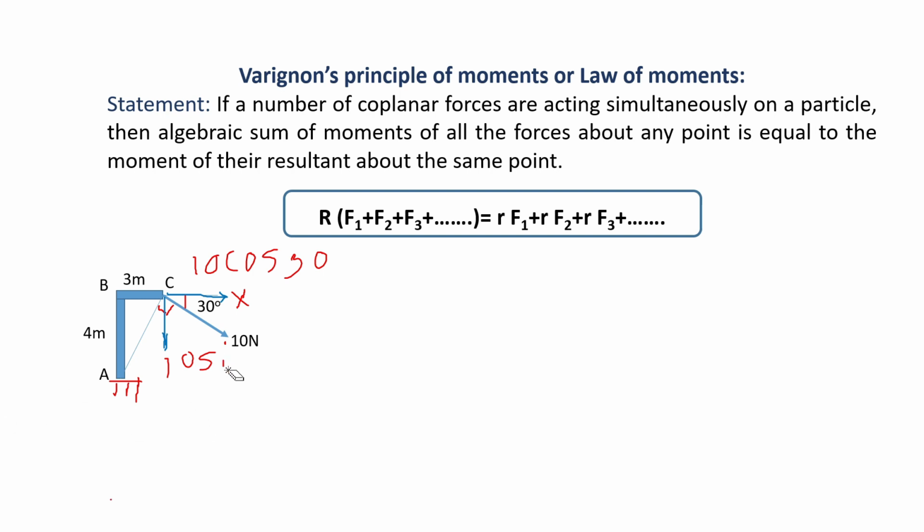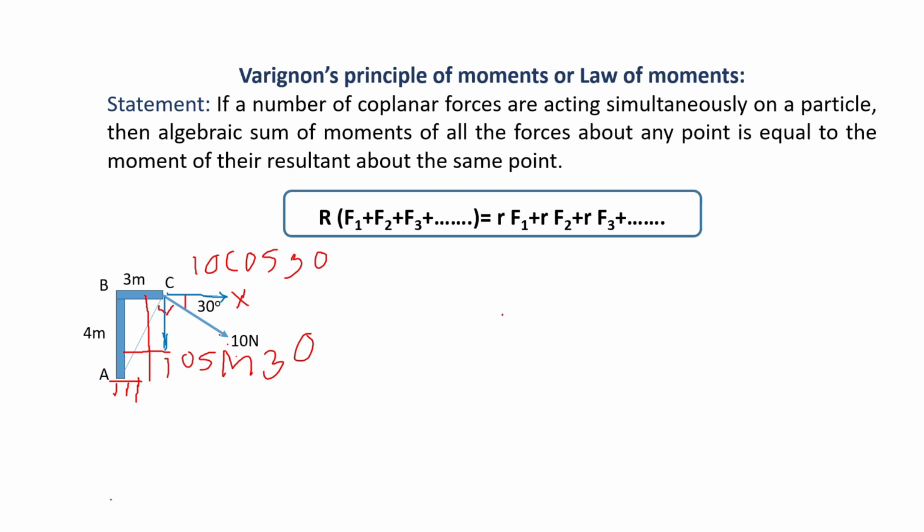So while resolving it, we get two components for the force which is inclined at the angle of 30 degree. So here I am writing the components again, 10 sine 30, right? And about these two components, the perpendicular distance is this: one is 10 sine 30 and this one is 10 cos 30. So the perpendicular distance for this vertical component, that is 10 sine 30, is 3 meter, and for this 10 cos 30 component, it is 4 meter from point A.